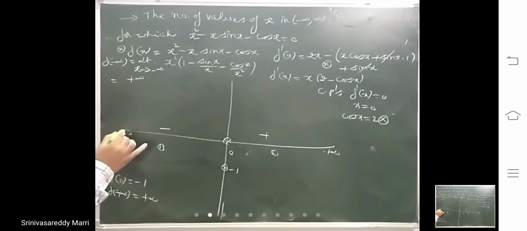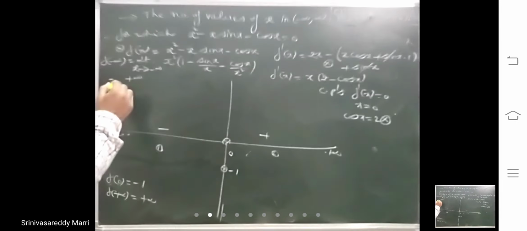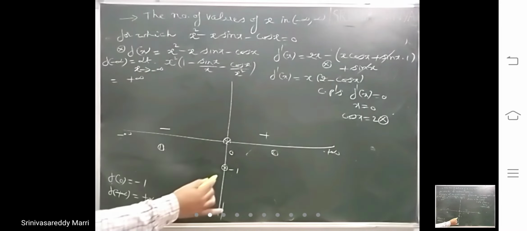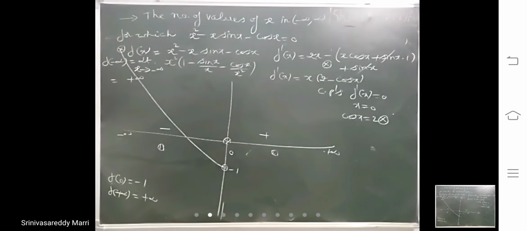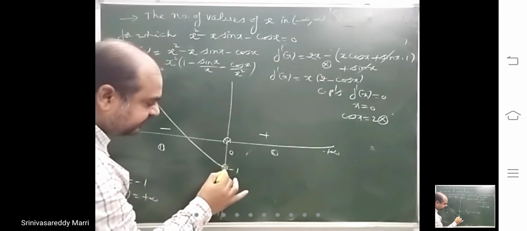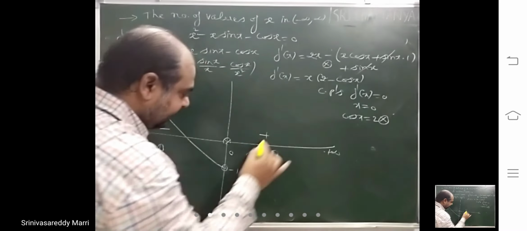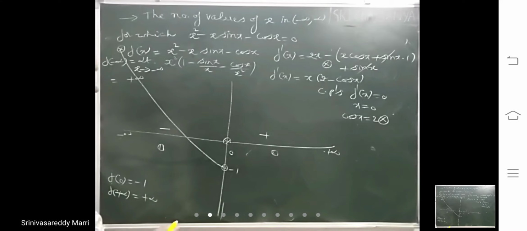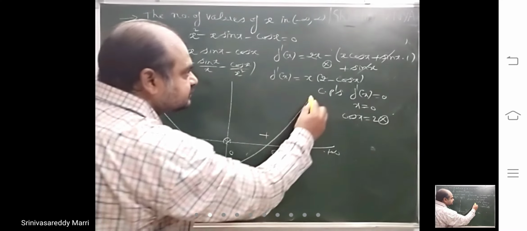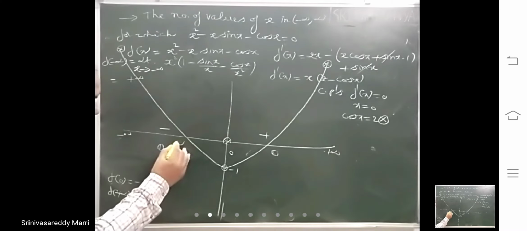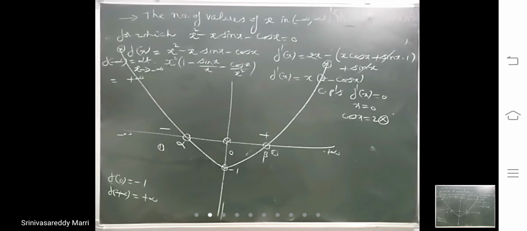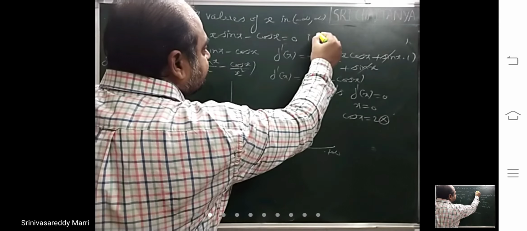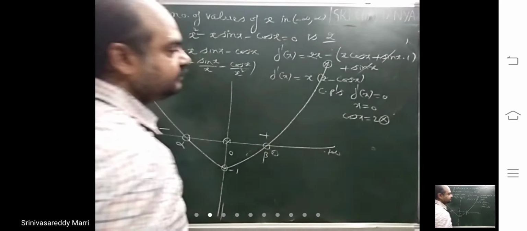Look at here. Minus infinity to 0 is decreasing, from top to bottom. This point and this point, you have to connect top to bottom, like this, decreasing. Then from 0 to infinity, the 0 value is here, the infinity value is here. That means from this point to that point, from bottom to top, increasing. So like this, how many roots are there? This is alpha, one root, and this is beta, one root. One negative root and one positive root. How many roots are there? It is 2.